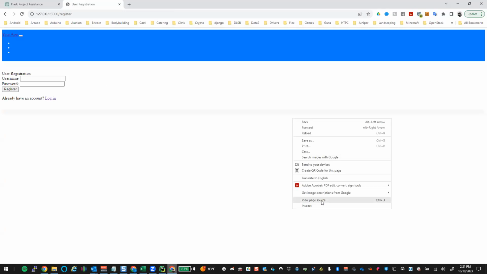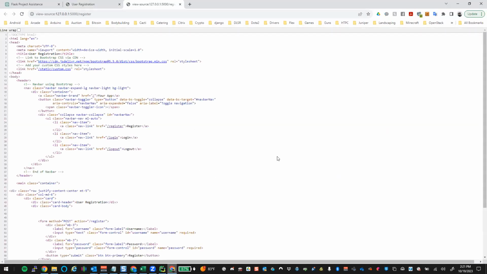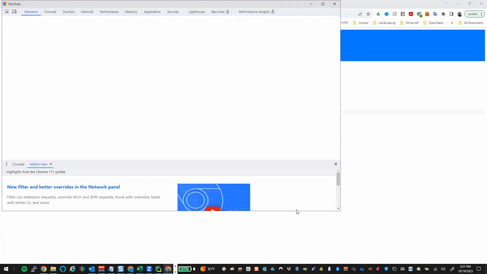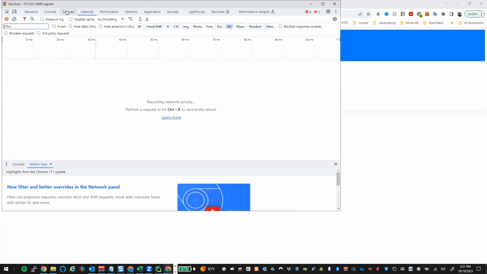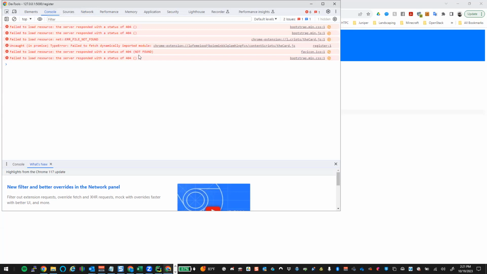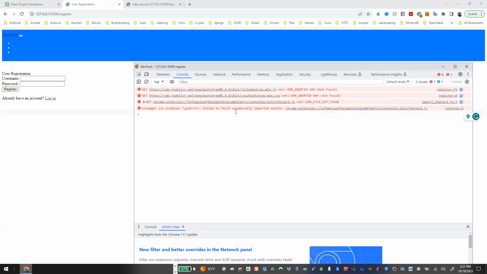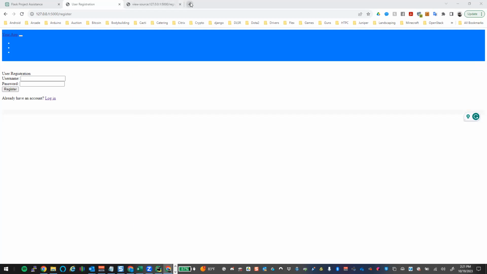So let's right click, view page source. It's not what I want. Right click, inspect. And let's go to the console. And let's refresh this page. And if we look at the console, what do we get here? That did not work. So what happened is it tried to go get these files and it's not finding those files. So if we go out to Bootstrap